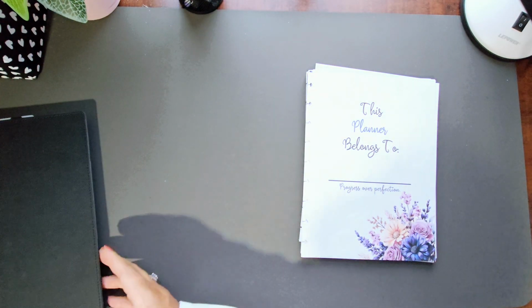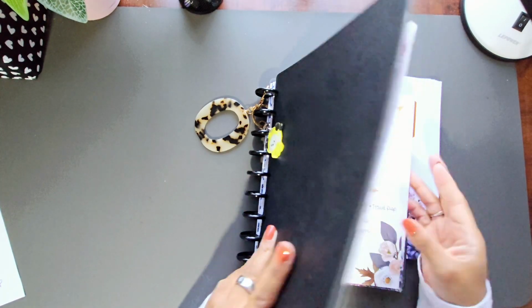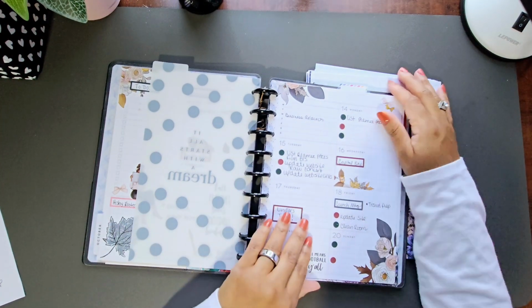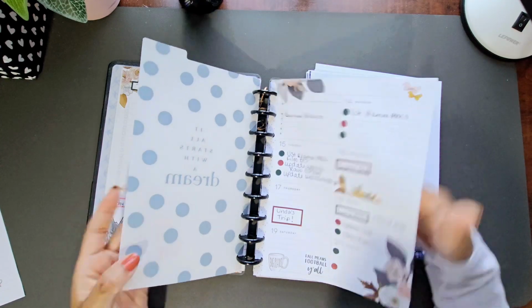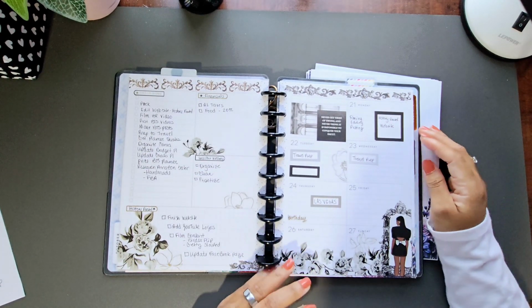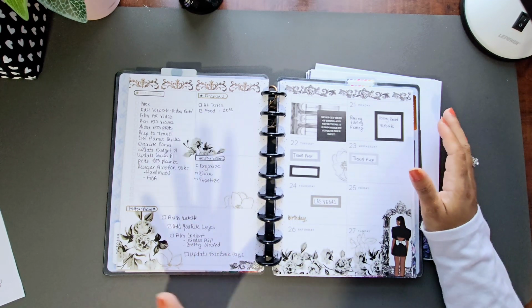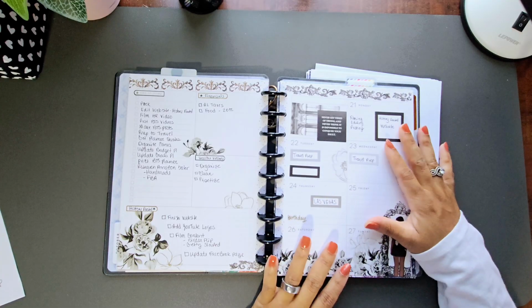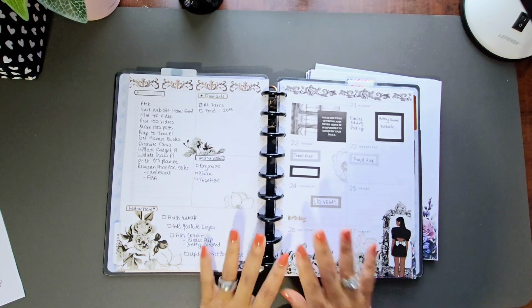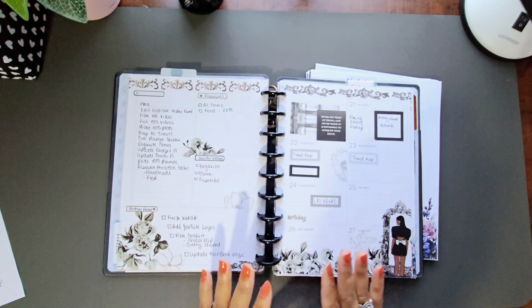What I've been struggling with in my catch-all is this. I currently use a dashboard, and you'll see that I love the dashboard. It's one of my favorite layouts ever because my brain kind of thinks this way. However, this planner sits on my desk all the time,